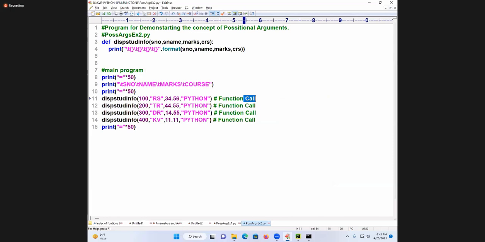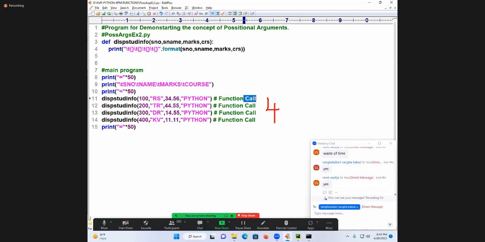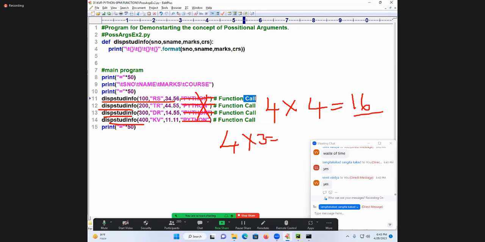So, unfortunately, when you use this kind of thing, 4 function calls carry what values? 4 values every time. How many times are you carrying the values? 16 times. This is one of the drawbacks. This common value, which is common for all the similar function calls, don't pass it again and again. If I don't pass it, how many times are you carrying? 3 times only. 4 function calls, 3 times, only 12 times, and you are minimizing 4 times.